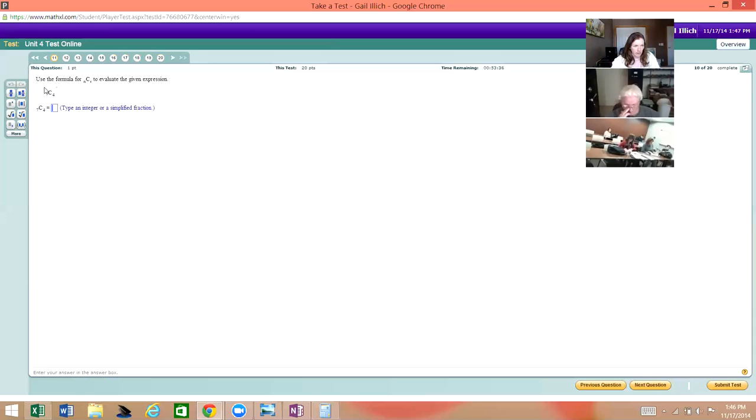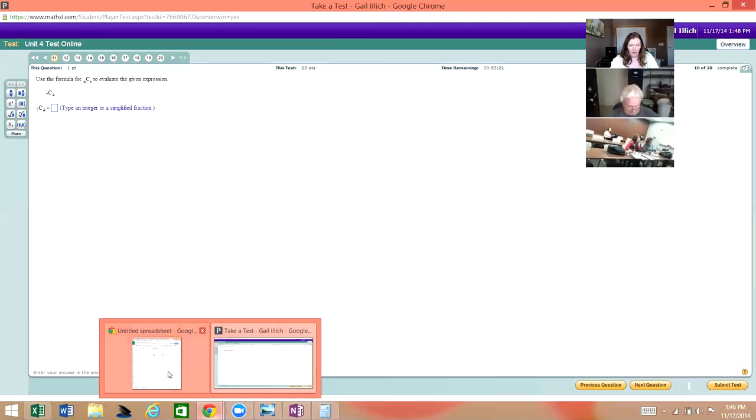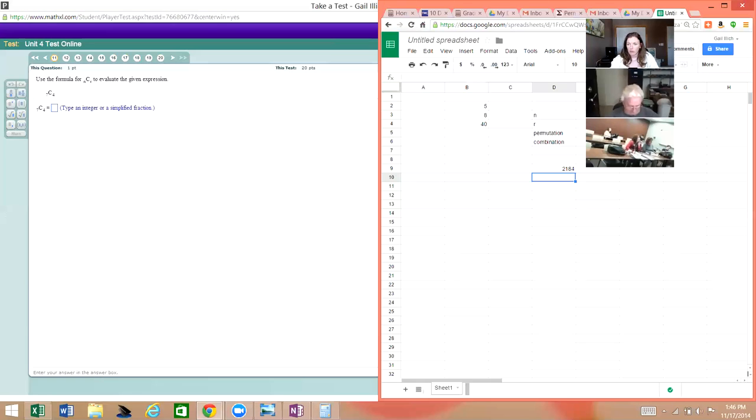All right. Use the formula nCr to evaluate the given expression. So you have lots of ways that you can work this. If you have the graphing calculator, you can type it right in with the graphing calculator. I'm going to assume you don't have the graphing calculator, where I would like to see you use your Google